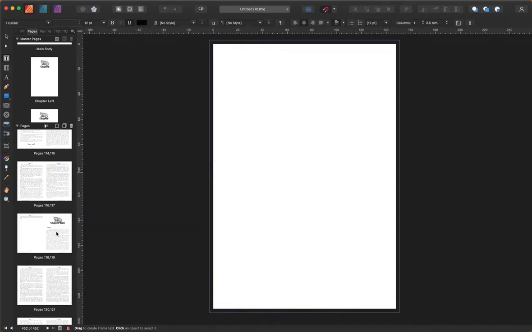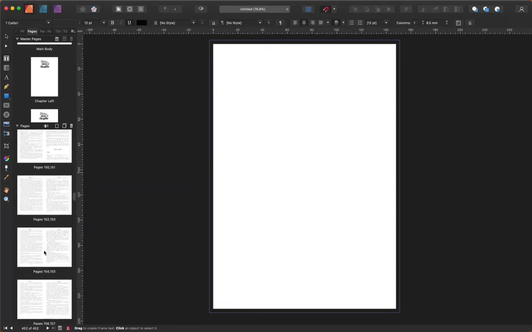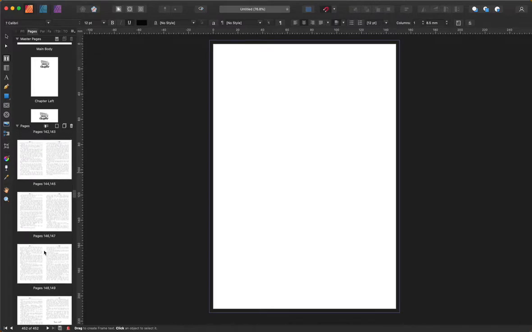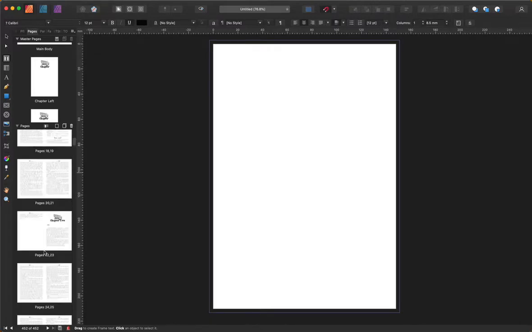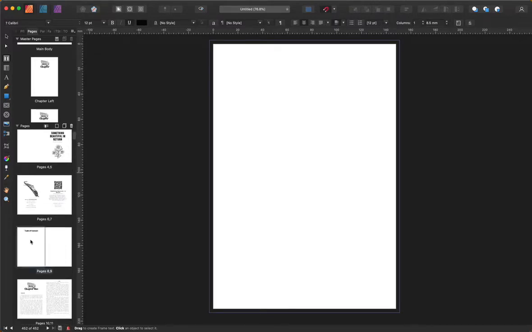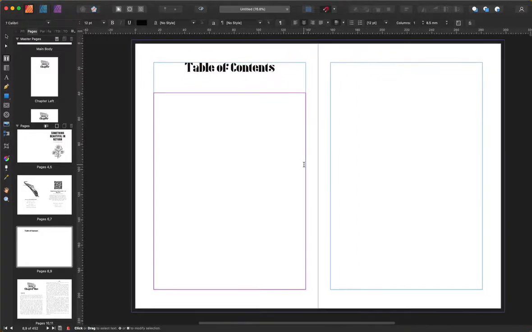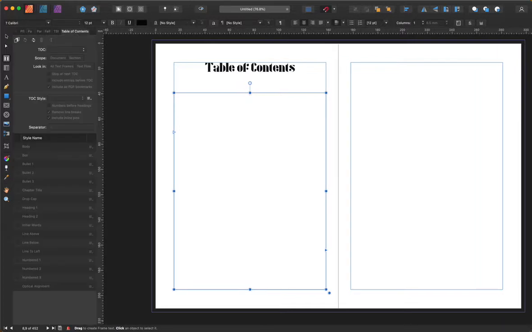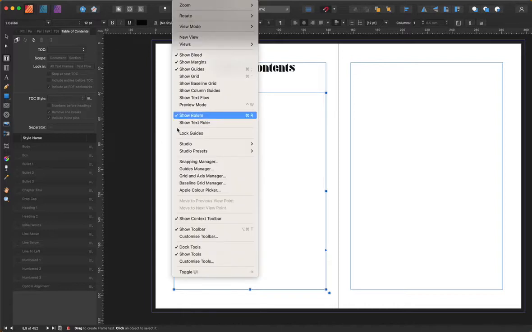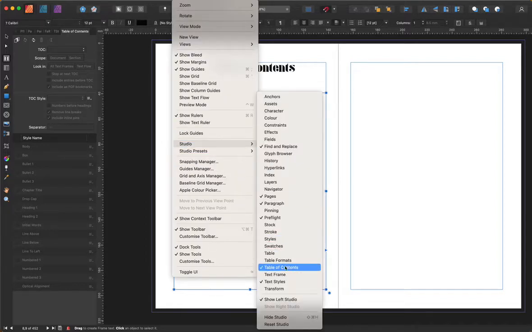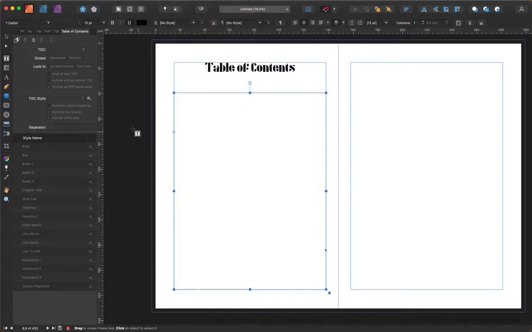Right, so I've finally gone through all of the chapters and got them all how I want. So I'll come back to the table of contents, and what I'm going to do is start from here again and go to the table of contents menu. So again, if that's not up, you can just go View, Studio, and Table of Contents, but it's up